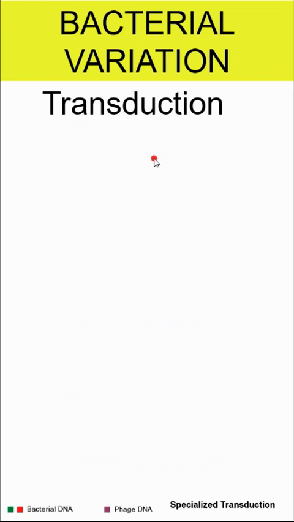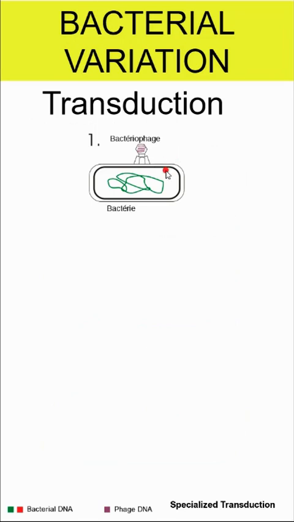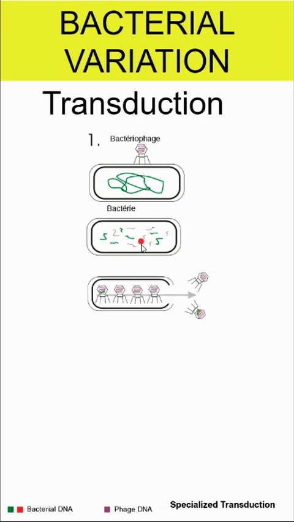Another form that will lead to bacterial variation in their genome is transduction. So we have this virus, a bacteriophage, infecting a bacteria. So this phage will secrete its DNA into its host. And in that process, the bacterial DNA, the bacterial chromosome, will get lysed and chopped up into lots of bits, and it will kind of intermingle with the viral DNA. In that process, we have these bacteriophages being reassembled, and some of the bacteriophages may have collected some of the